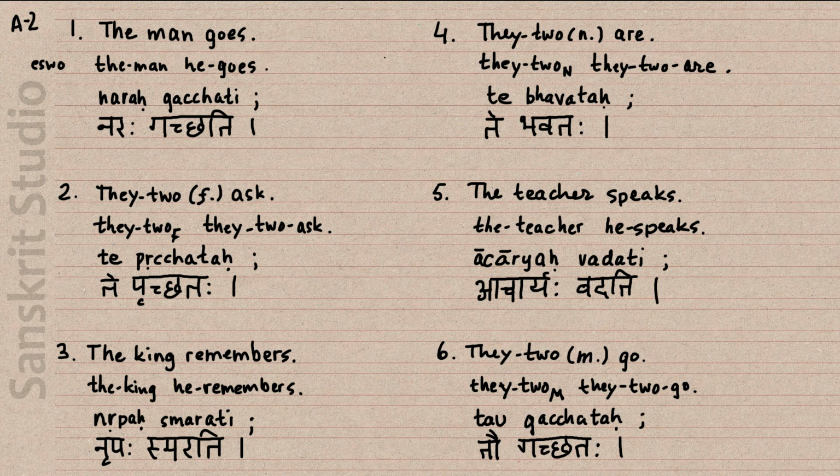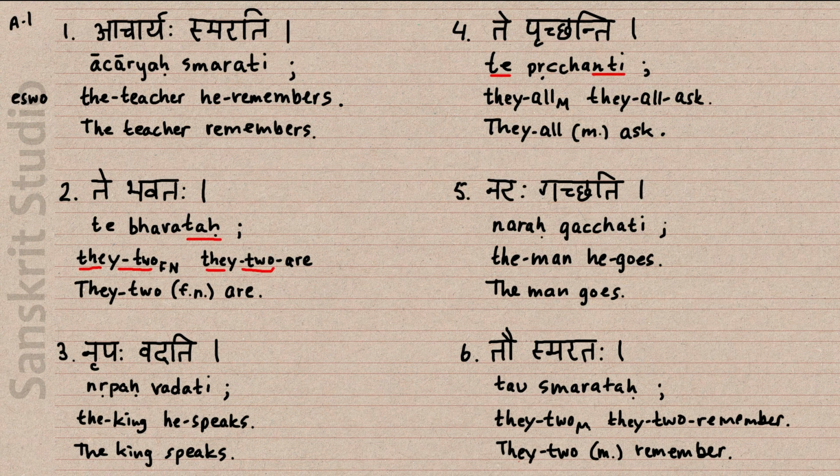And I'll do the first sheet as well here. The teacher remembers, they two FNR, the king speaks, and they all ask, the man goes, and they two remember. Okay, so it's synced up with the PDF sheets,